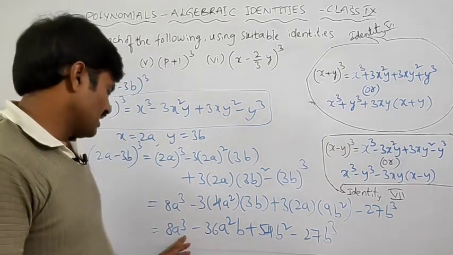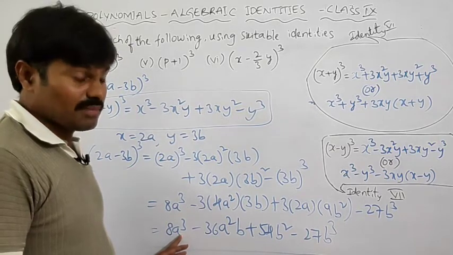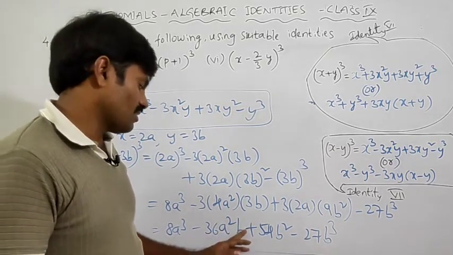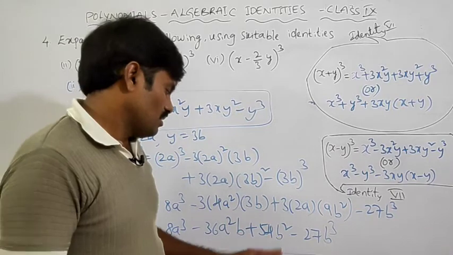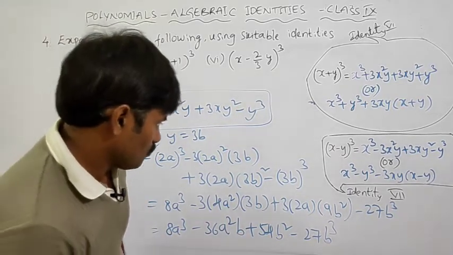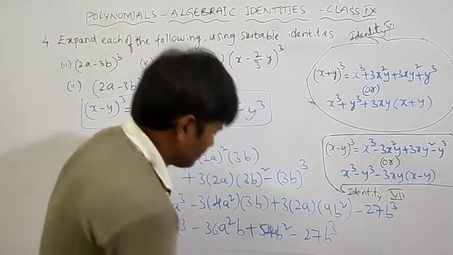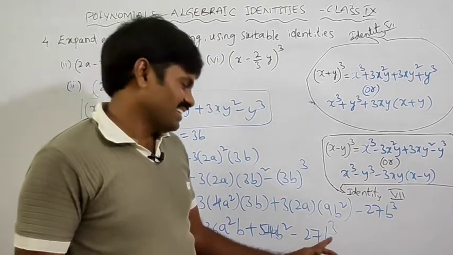See, observe the degree here: the degree of this term is 3, and here also, a square b, 2 plus 1, 3. I am sorry, I missed a. 1 plus 2 is 3, here 3.